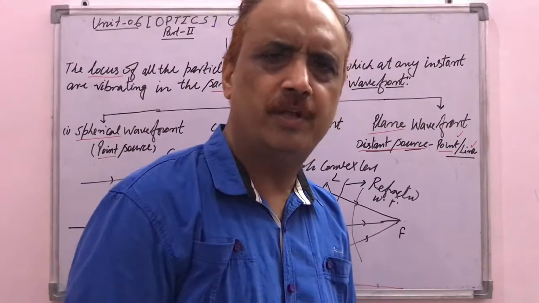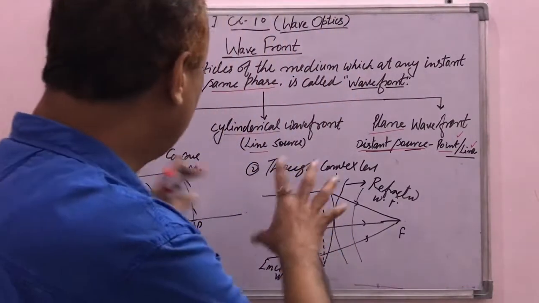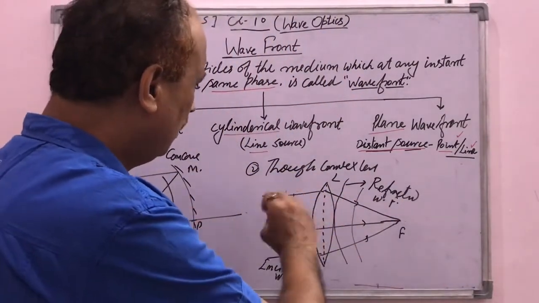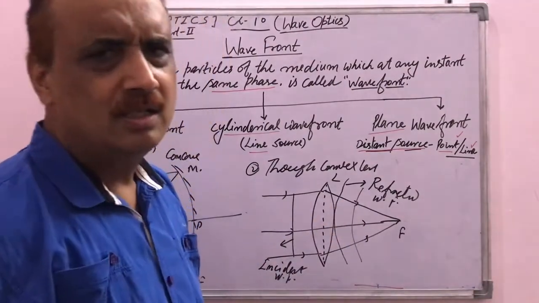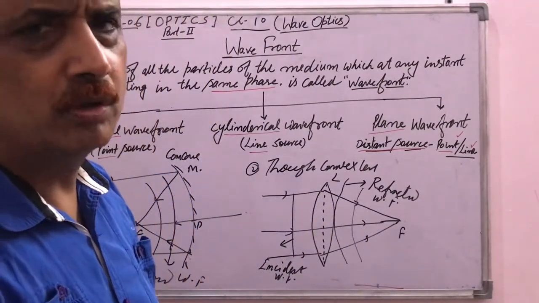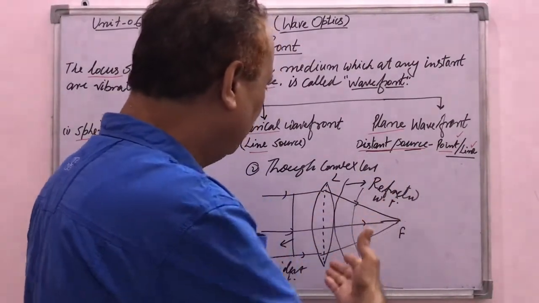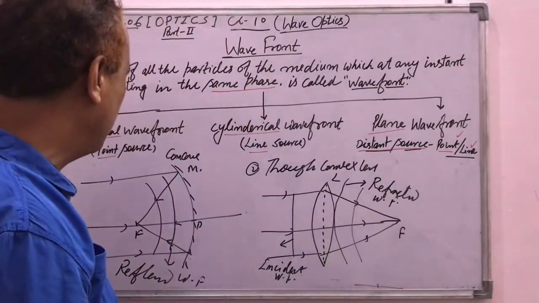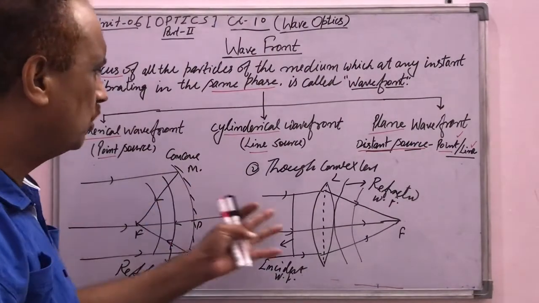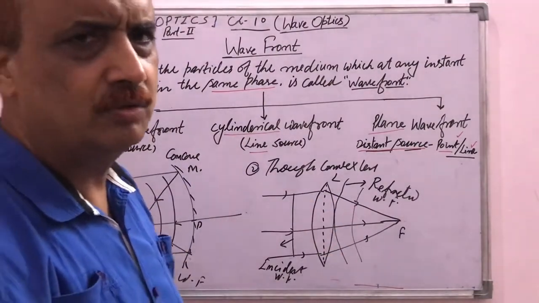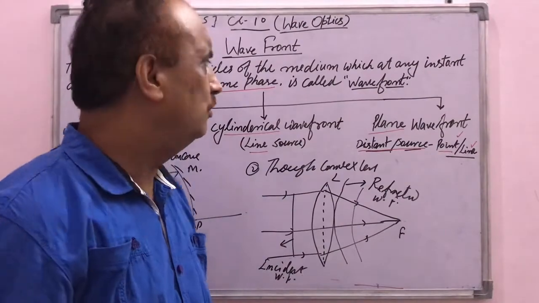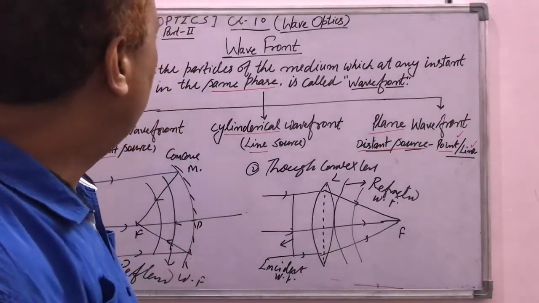From the board examination point of view, we have to draw these diagrams again and again, and that improves your skill work. After that, write the names of the wavefronts that will be produced in case of the prism, the convex lens and the concave mirror, and then we can show the types of the wavefront.